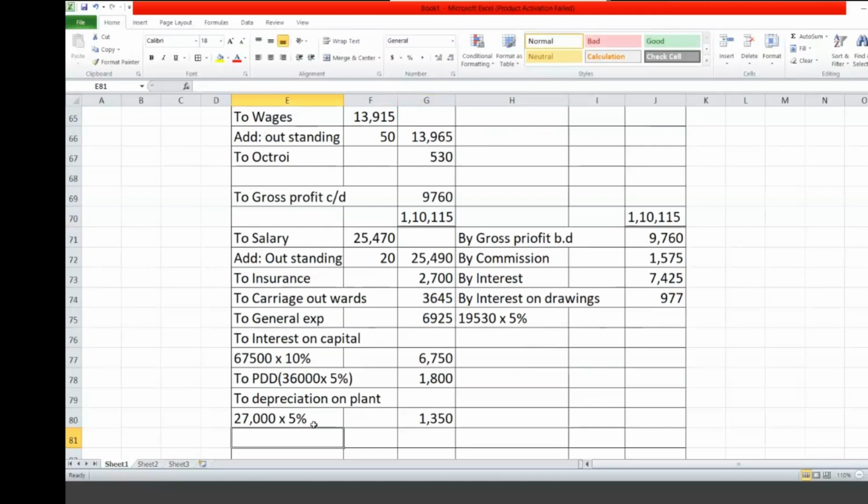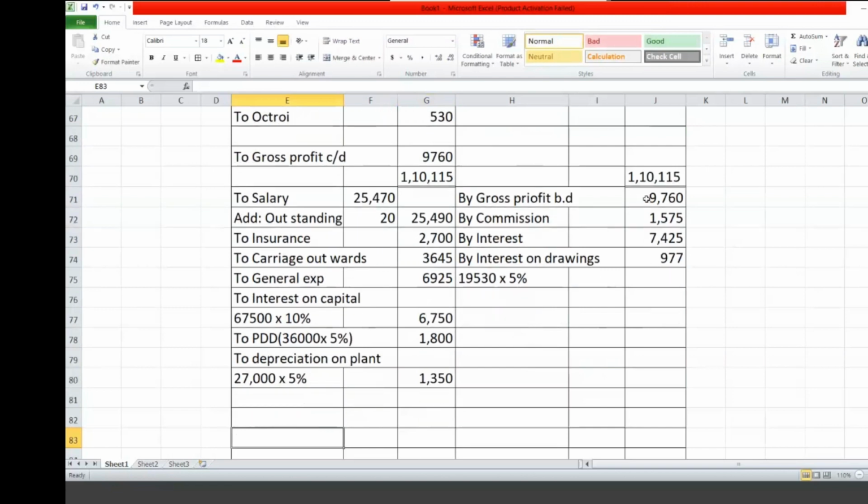We didn't miss anything, right? Now let's do the total. What is the total of debit and what is the total of credit? I think I got a net loss because here I could see 25,000 and here only 9,760 is there. So I'm doing the total of debit directly. 48,660, and this is 19,737, right? Now let's find out what the balance is. 48,660 minus 19,737. How much did you get?